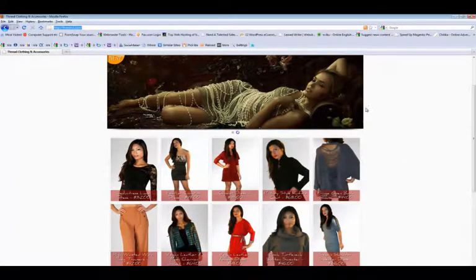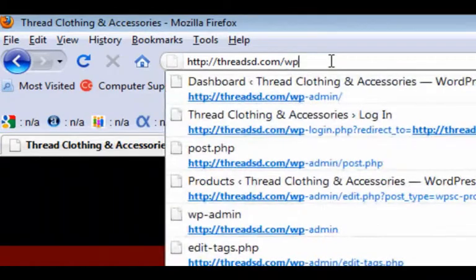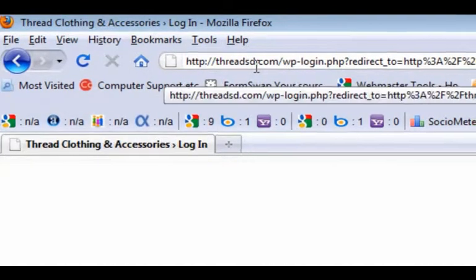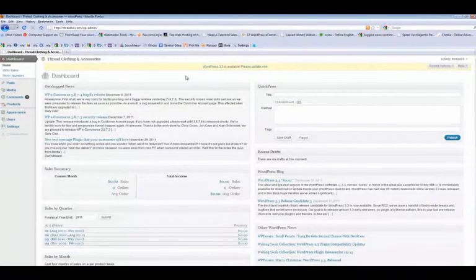So we want to log into the back end. First thing we're going to do is type in wp-admin after the domain name ThreadSD, and that's going to get us here. This is our login screen. I'm going to cut out this part because this is a live site. We don't want to give out the username and password, but basically you'd enter your username and password here. Okay, so now we're logged into the dashboard, and this is your hub for your store, and